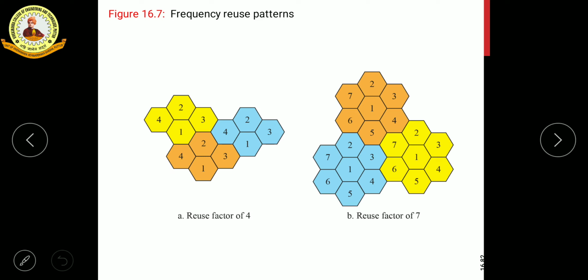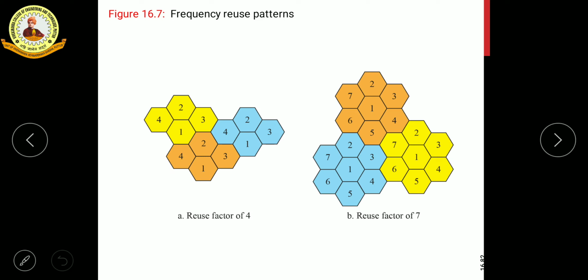In general, neighboring cells cannot use the same set of frequencies for communication. That is, whatever frequency this cell is using, the neighboring cell cannot use the same frequency, because doing so may create interference for the users located near the cell boundaries. However, the set of frequencies available is limited, and frequencies need to be reused.